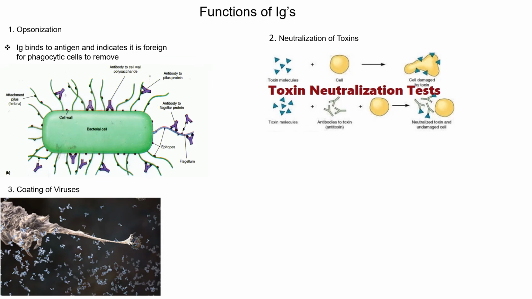Now, once they're coated, they can be removed in one of two ways. One is through the urinary system, like we talked about earlier with the neutralization of toxins. The second would be done, as you can see here, by the removal by a macrophage. Once these are covered, the macrophages will remove them by phagocytosis, or it may also be the neutrophils that will do it. The fourth function is the most complex, and that's where we see the activation of complement.